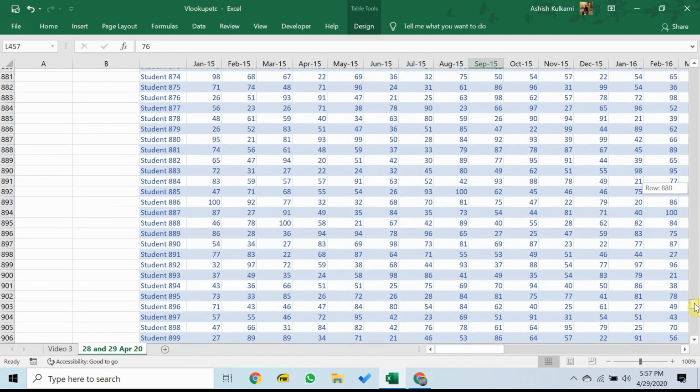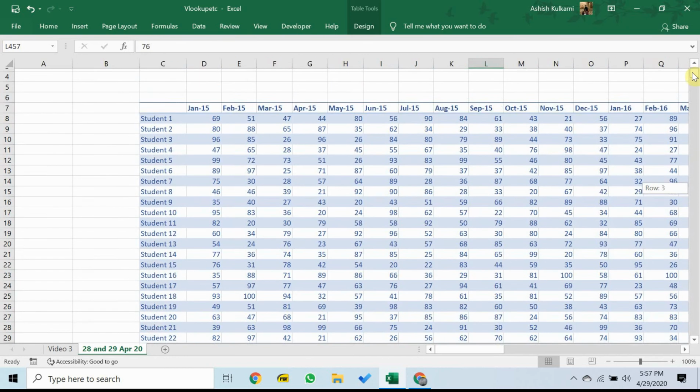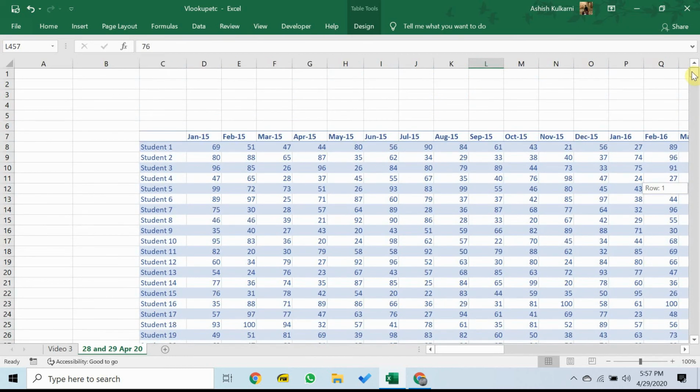Doesn't really matter for our purposes what this information is. Series of numbers in rows and columns. We have a table and that's enough for a data analyst to get started. So what are we going to get started with? What we're going to get started with is the following.